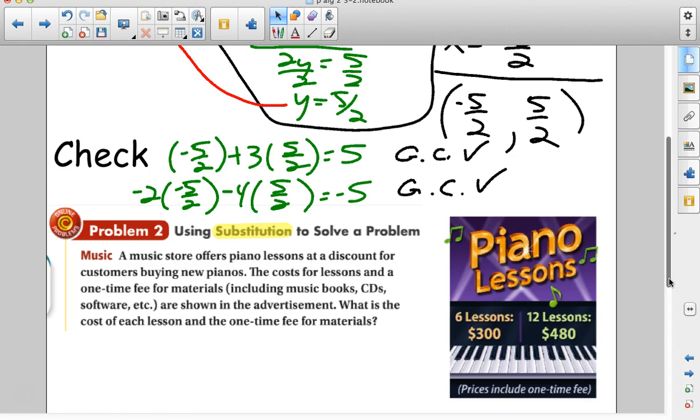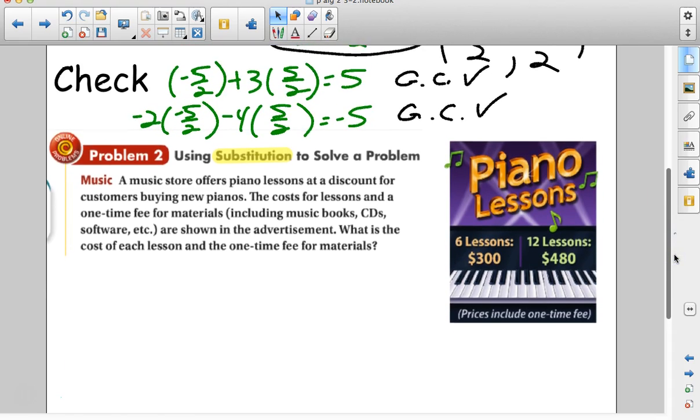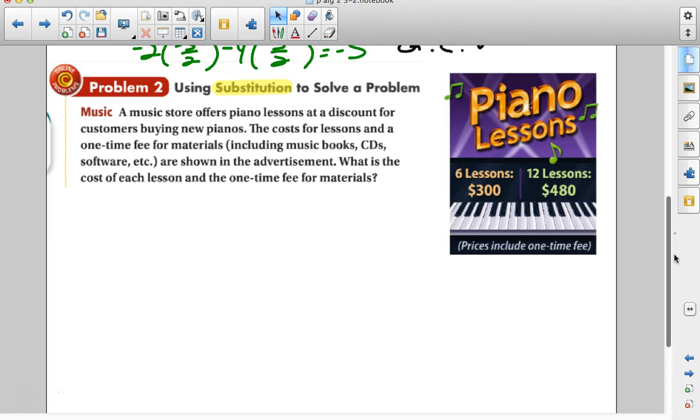There we are. So now, word problem. See here. This says a music store offers piano lessons at a discount for customers buying new pianos. The cost for lessons and a one-time fee for materials, including music books, CDs, software, etc., are shown in the advertisement. What is the cost of each lesson and a one-time fee for materials? So really, what are you going to have to pay is what they're asking us here. All right, so let's see. It says over here,